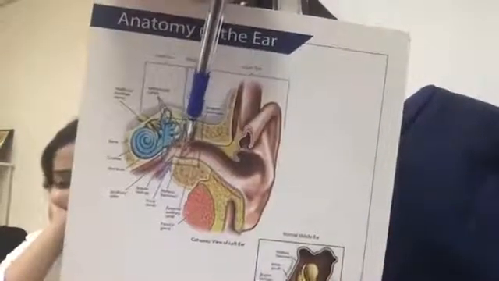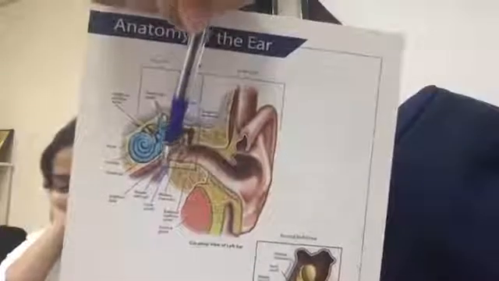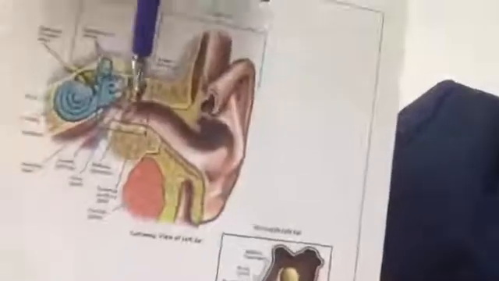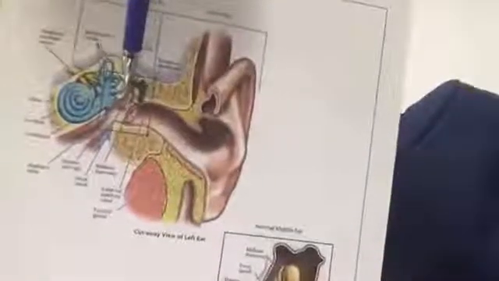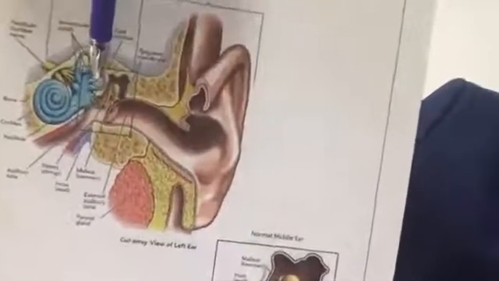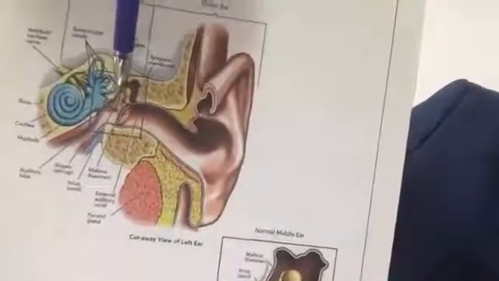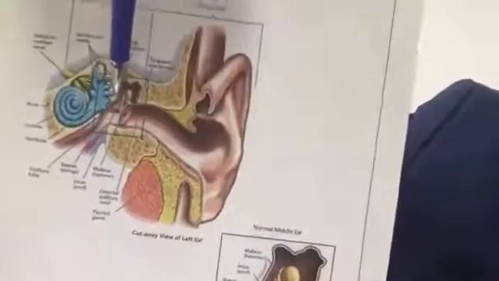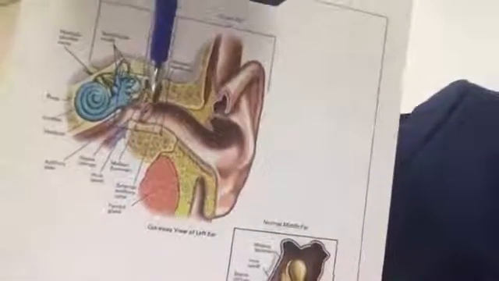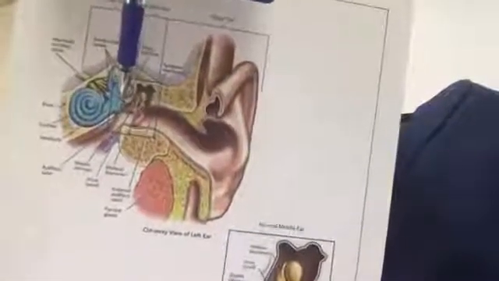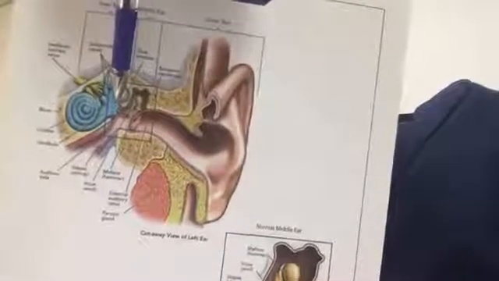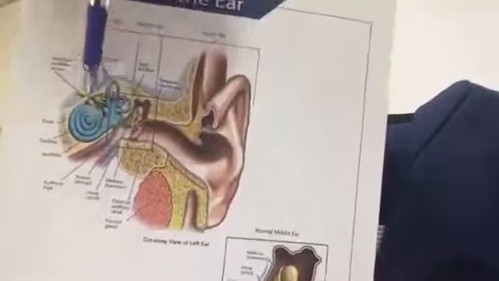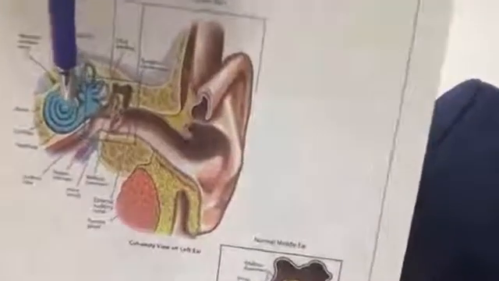Now, the middle ear essentially is an empty space which is connected to the nose through a small tube called the Eustachian tube. This space also has a chain of three small bones called the ossicles: the malleus, incus, and stapes. These three bones form a bridge between the tympanic membrane, which is lateral, to the cochlea, which is medial, which is a part of the inner ear. So the inner ear is where the cochlea is. The cochlea is more or less the engine of hearing.